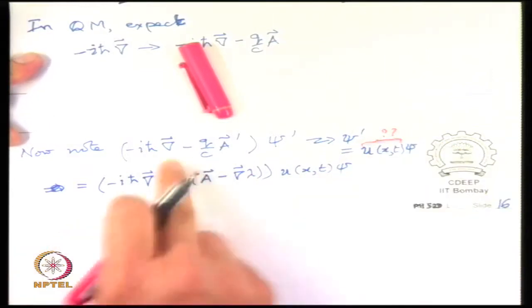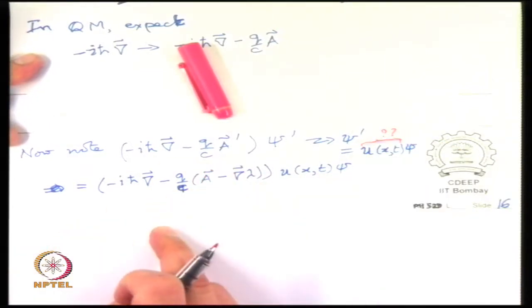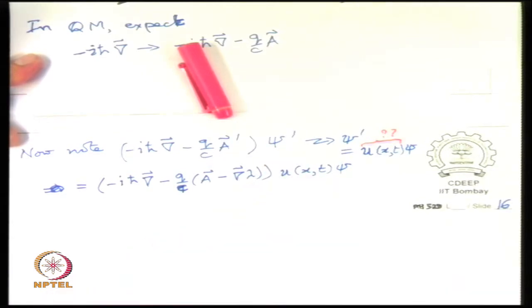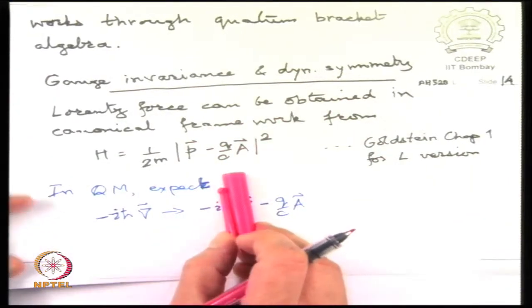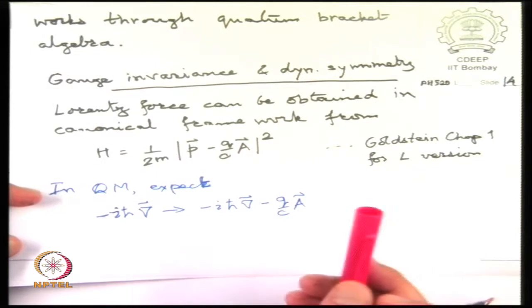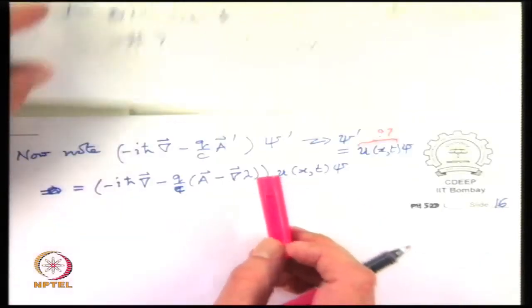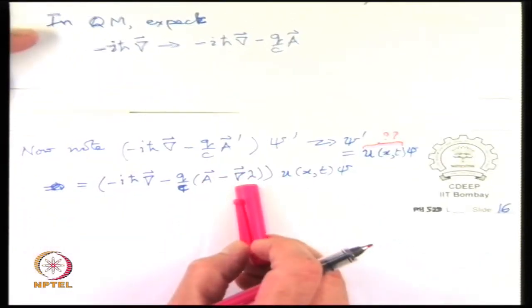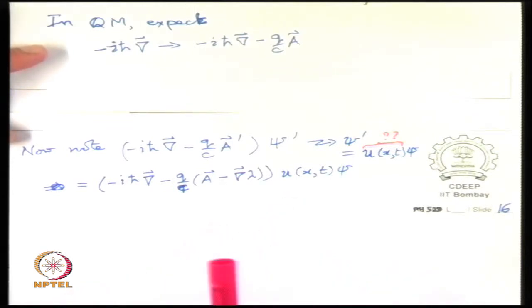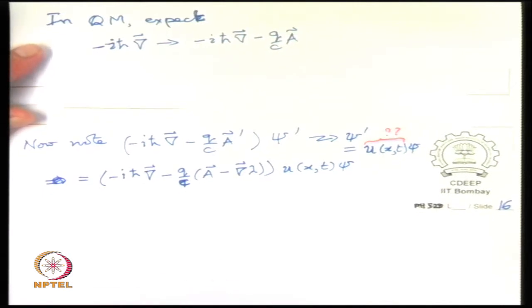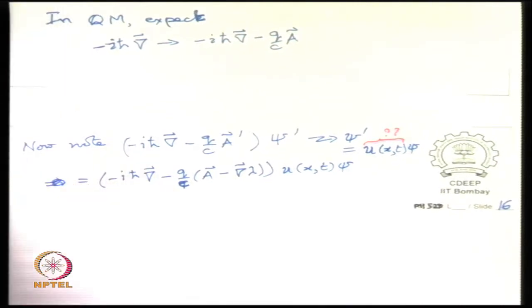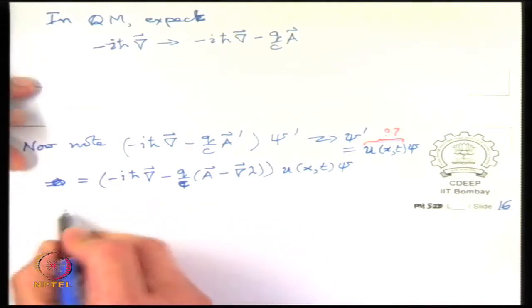If I do this gauge transformation on A fields, what should I do to psi prime so that my Hamiltonian does not change? Remember that the physical electromagnetism is not changing when I change the A like this. So I have to somehow compensate it by changing psi. I have to identify what change in psi does this. And the answer is that this gradient